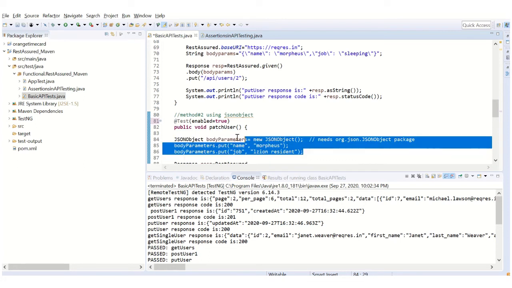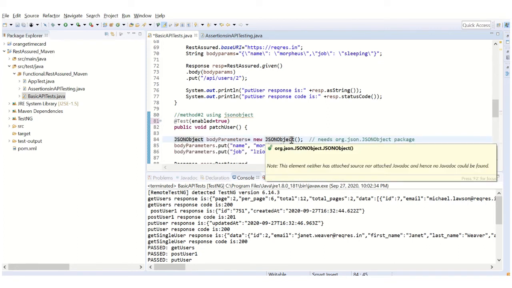And I'll tell you why this is a preferred way. Because this is fine, this is a small request and it has small body and you are able to make it this way, but in your project you will have APIs having body of larger in size, very much larger, that is going to be very difficult if you make it this way. So that's why this is very useful in those cases.